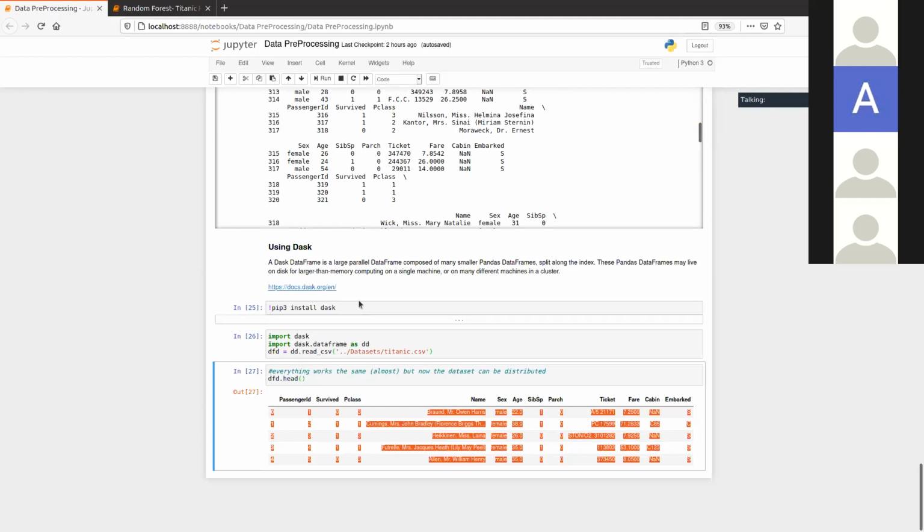But I think for beginners who try to learn machine learning or start doing some data analysis, it's easier. Then further down the line, when they become more advanced data engineers, they can try to learn Spark and do some very distributed data pre-processing work.